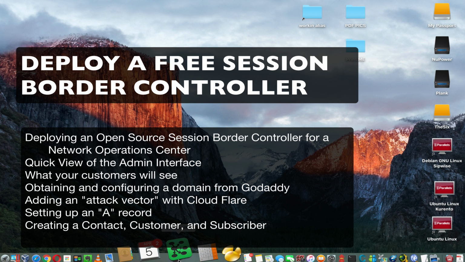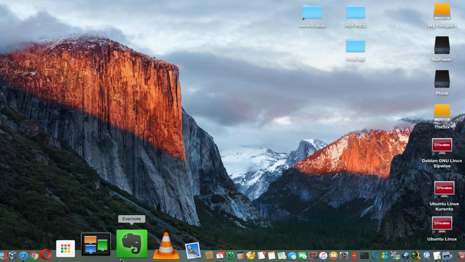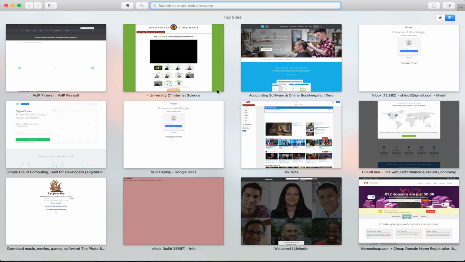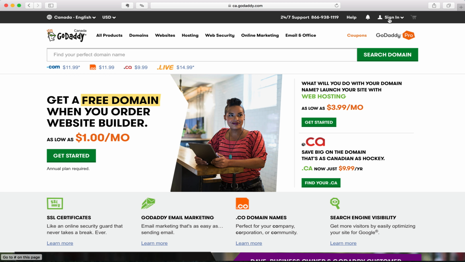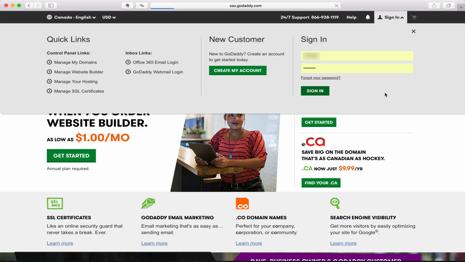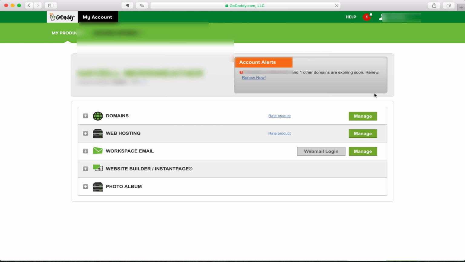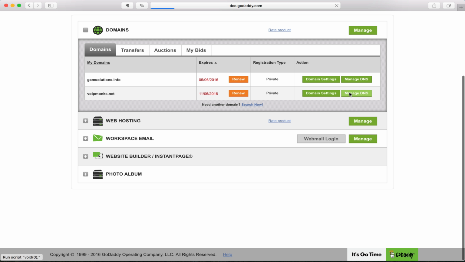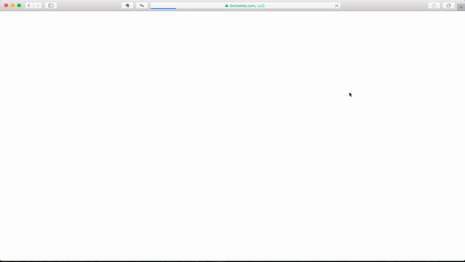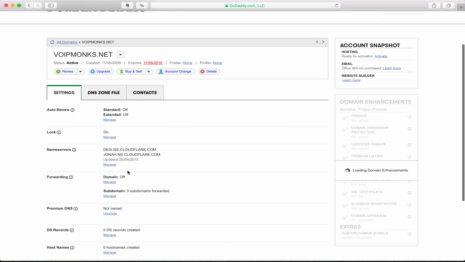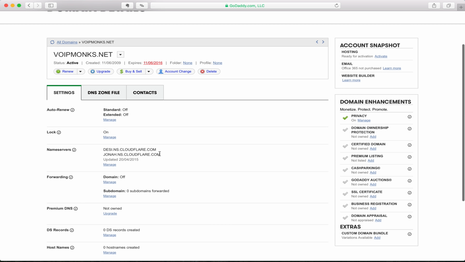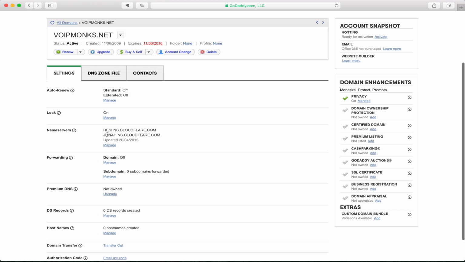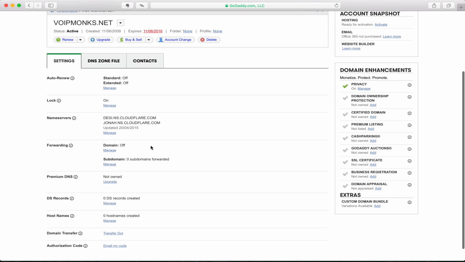So let's get started. The first thing you're going to need is a domain. So let's head over to GoDaddy. I have a domain picked out already, but what I have done with this particular domain is I have moved the name servers over to Cloudflare. That's why you see Desi and Jonah here. Once you update your name servers, then you can go over to Cloudflare